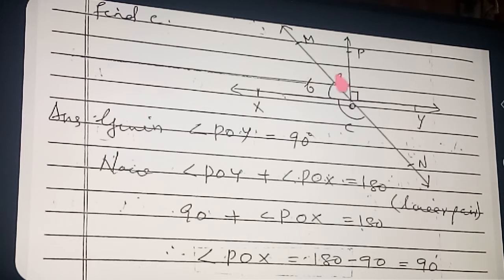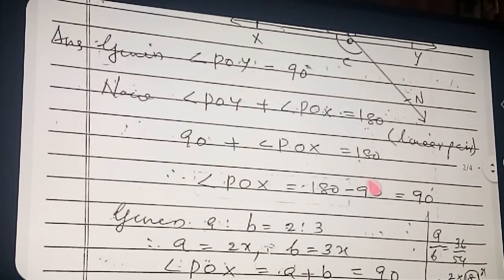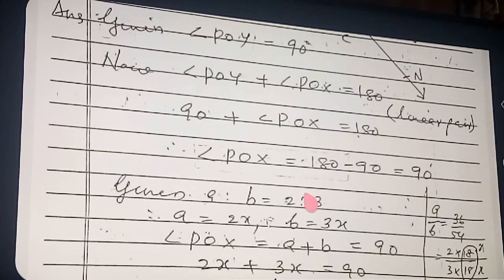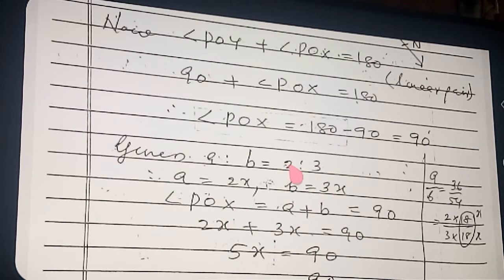But this POX is already given in the split form here. POX is formed by two angles. So here you see this angle POM, that means angle A, and this angle B, these two angles are adjacent angles now. Therefore what you can say, we can add them. But before that we have to see the point. Here you see A is to B is equal to 2 is to 3 given. If it is given in the form of a ratio, we will remove the ratio. How we are removing the ratio? By this constant x. How this constant x we are writing? That I explained here. You listen just.